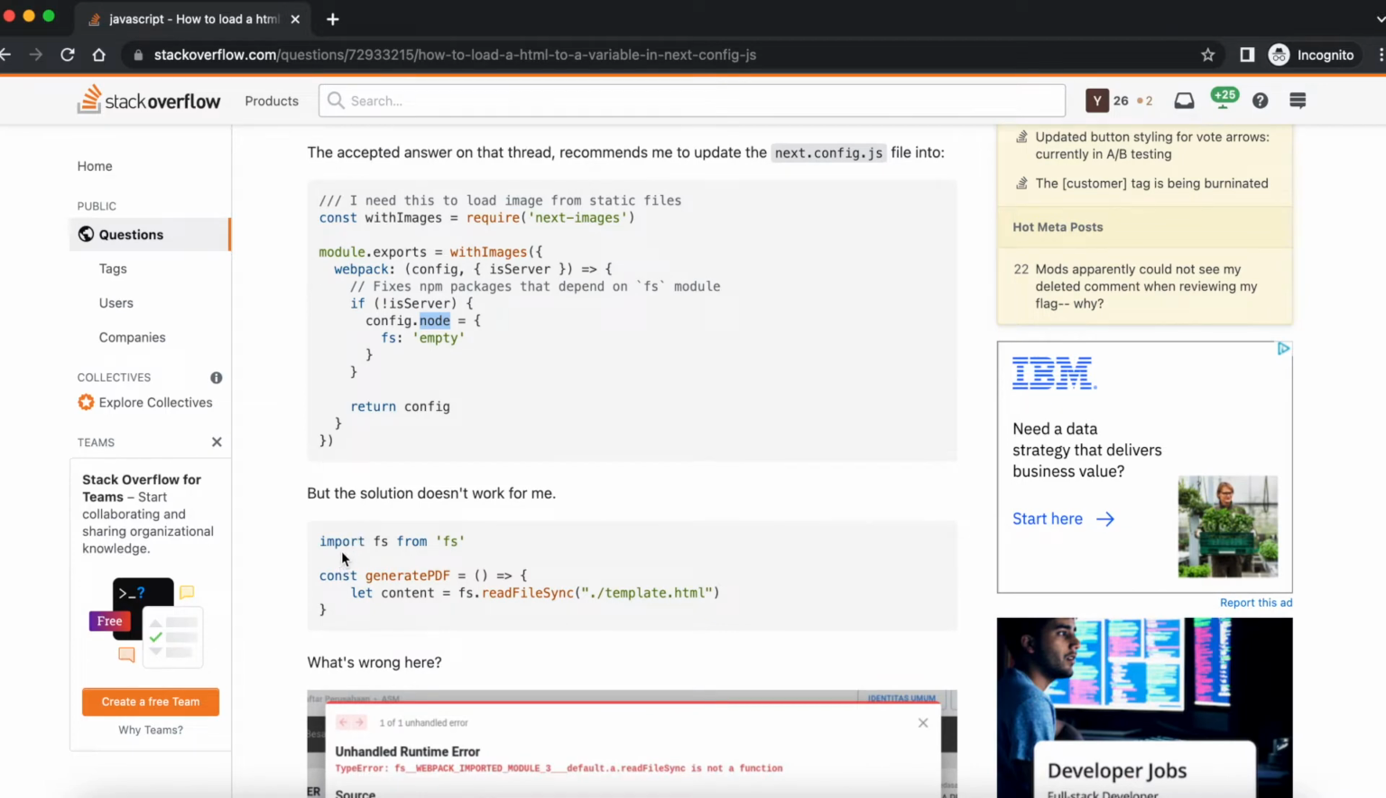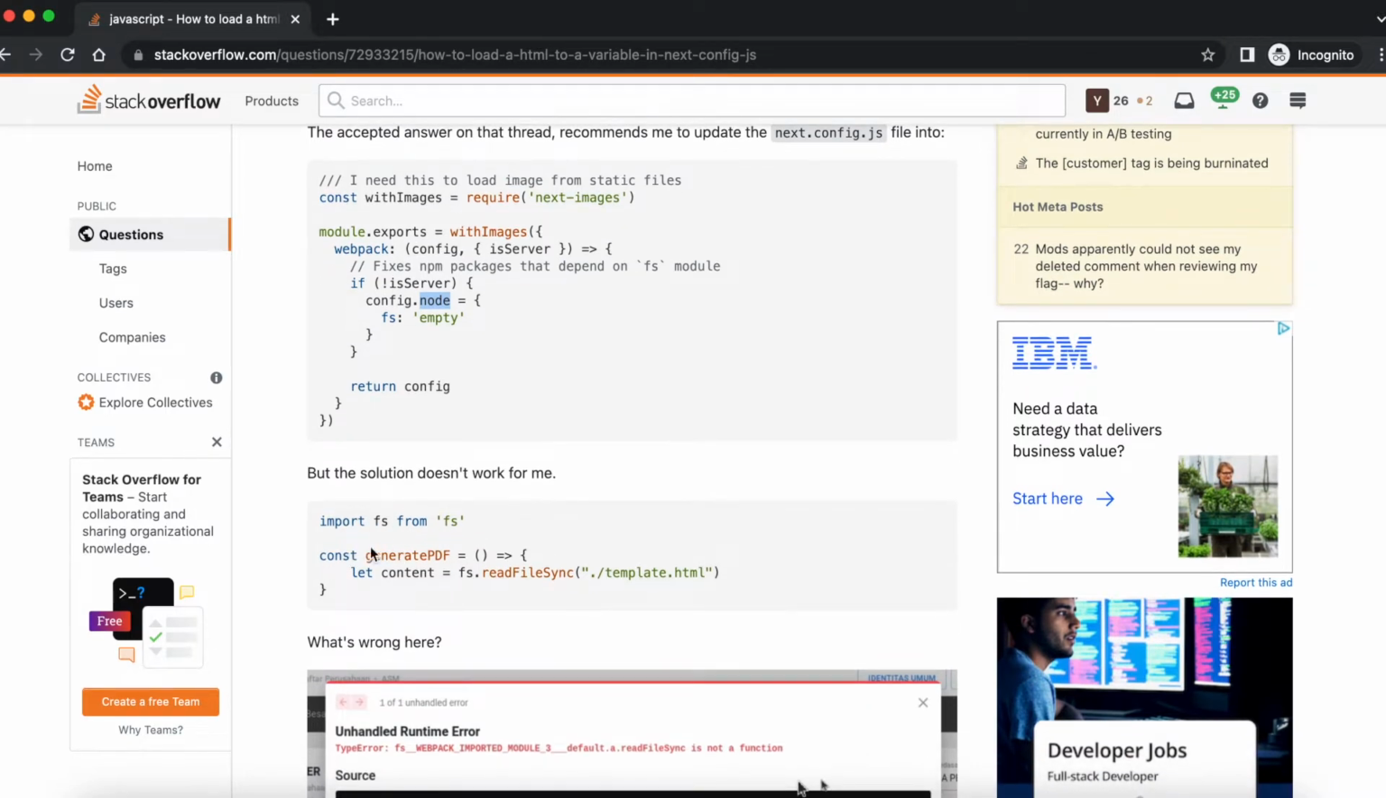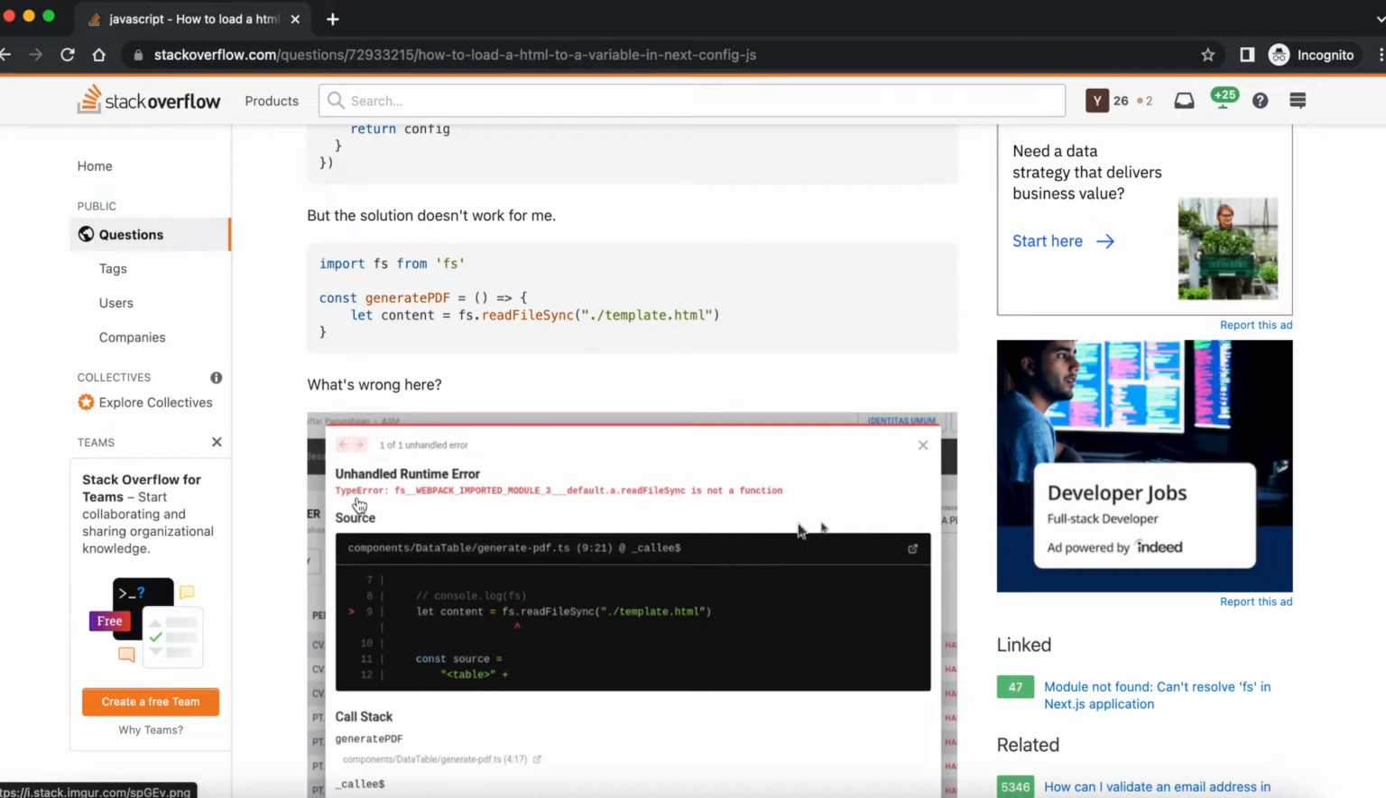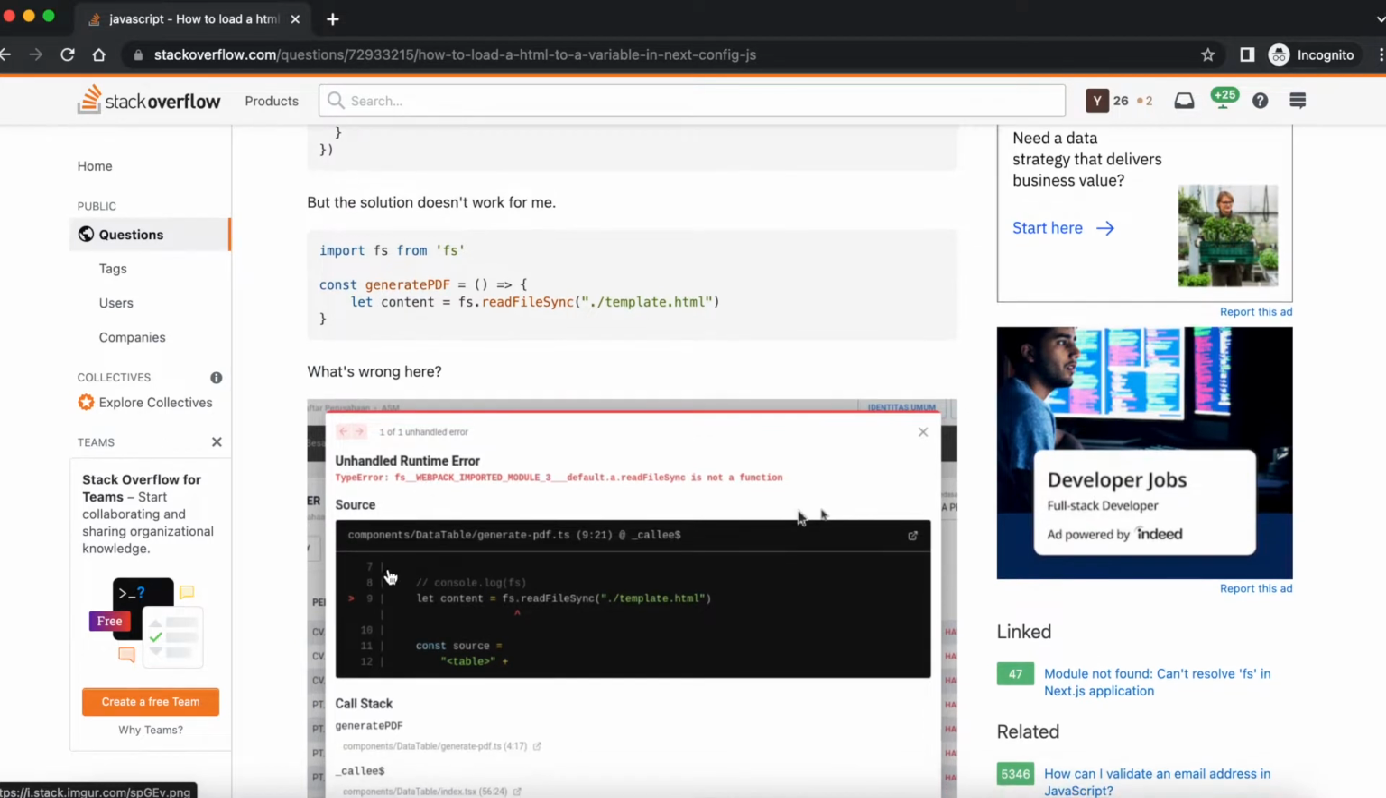So here he is doing import fs from fs, and then in it looks like either some kind of a function or a component content fs.readFileSync, right? So what's wrong here? And the error says unhandled runtime error. So first of all, this is a runtime error, right? And looking into this component, data table generate PDF TS, it looks like that's a data table component. And also that means that first of all, Next.js is a server-side, or